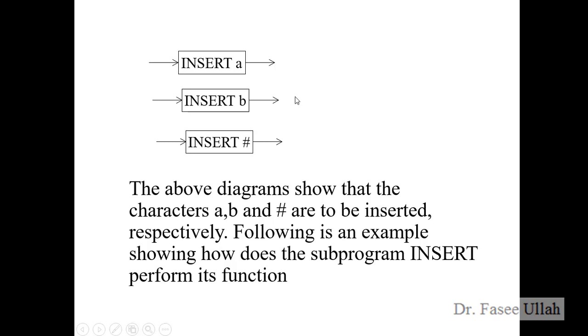This is the generic diagram. This box is the process, and here is the character we want to insert. Here we are using a, b, and hash. We can insert any value depending on the requirement. We are just giving an example. Anything is possible in insertion, and in the deletion case as well. So that is about the insertion. Let's see how we can move particular values from that position toward the right. Let's move to the next slide.